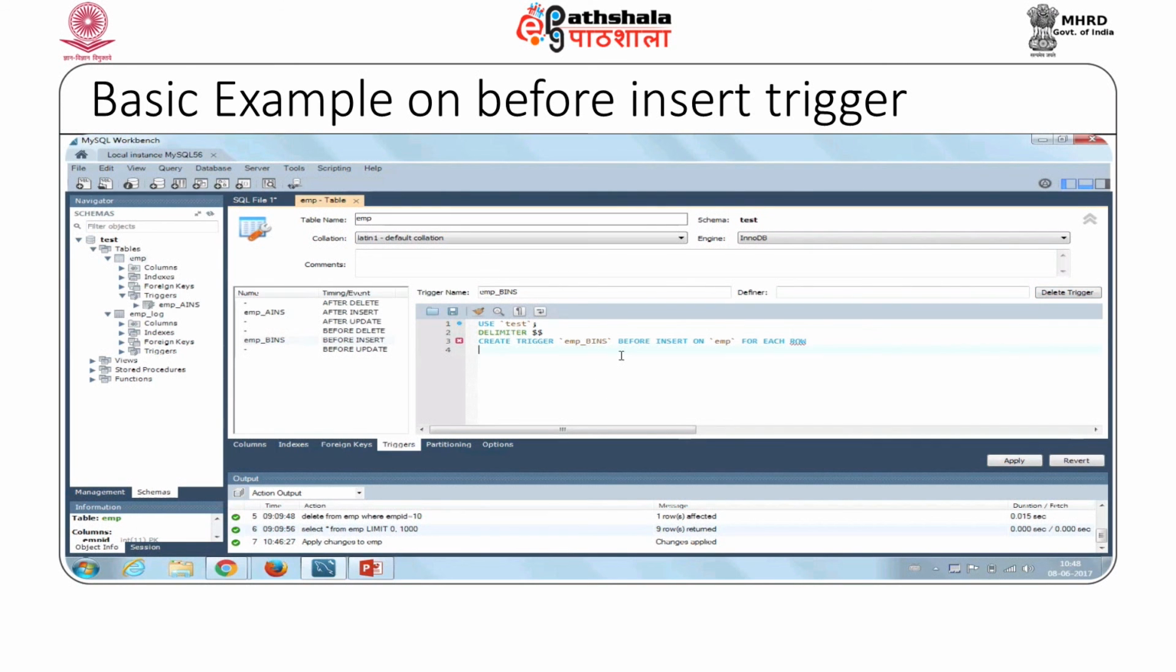As you can observe, it automatically gives the name, and here we will write that when a new user is entering the data, if salary is 0, then by default I want to keep the minimum salary as 100. So, we have written if new dot salary is 0, then set new dot salary is equal to 100, apply,